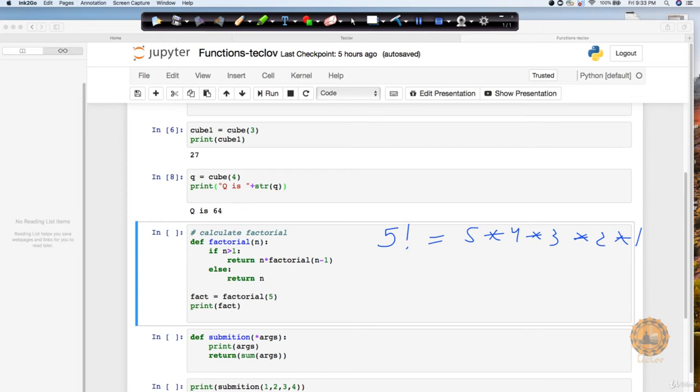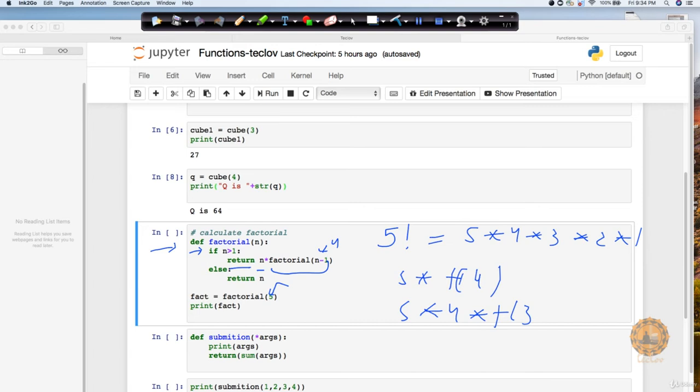So how can we do it? We are creating a function called factorial, and let's say we are passing the value 5 to it. What it's going to do is check if the value of n is greater than 1, then in that case it returns n into factorial of n minus 1, meaning it will again call this function, re-execute it, and this time take up the value 4. So this time it is going to become 5 into factorial 4. I'm just writing the shortcut. So next time it will become 5 into 4 into factorial 3, like this, right? It will keep on looping across.